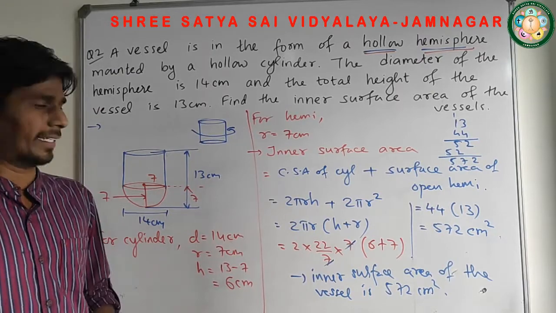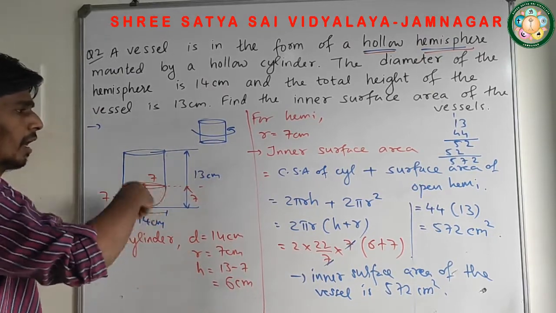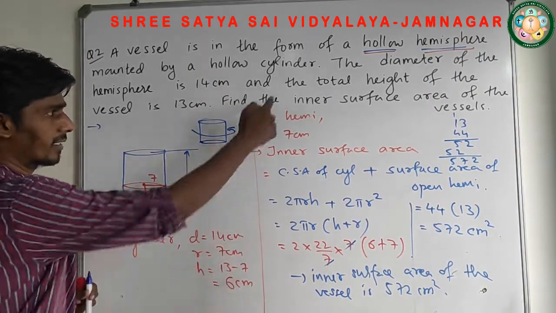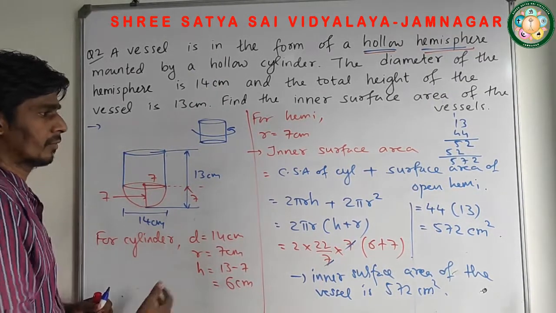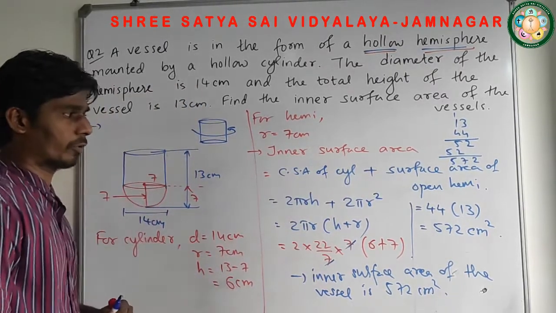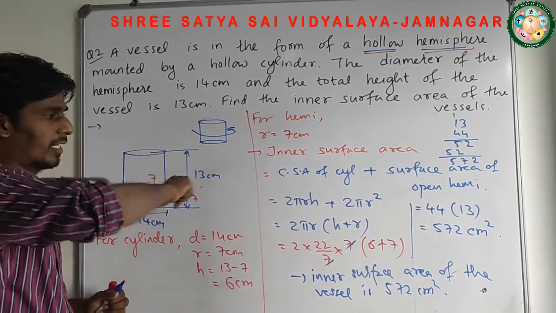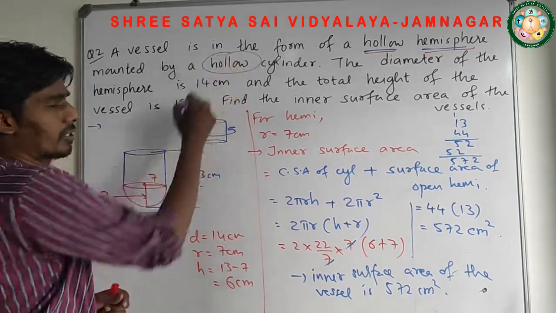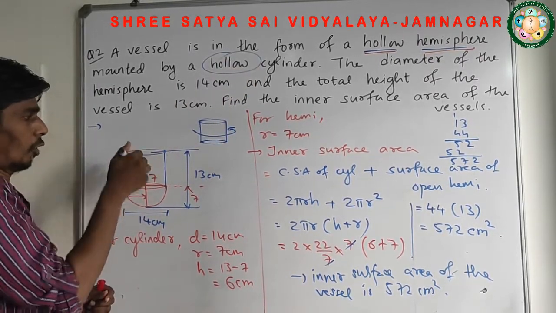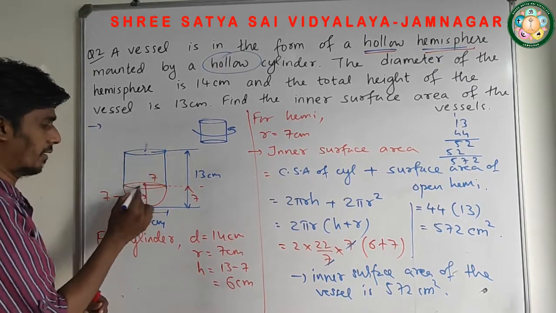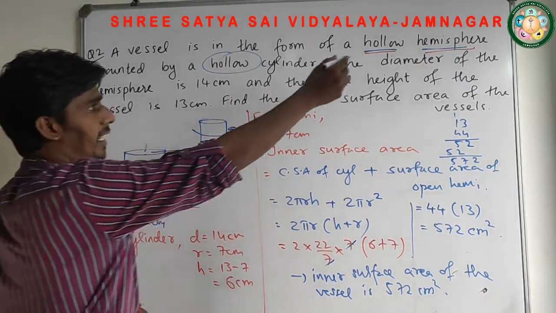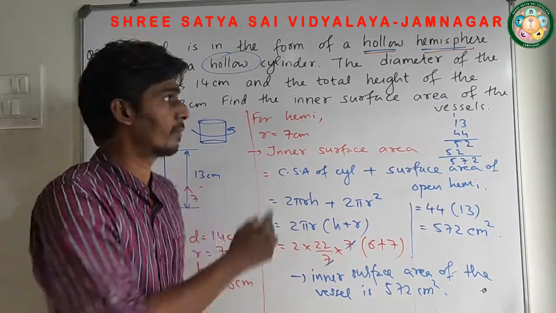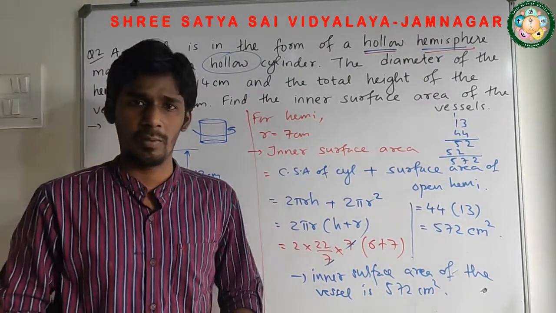The only important part you have to learn or practice is how to draw the diagram from the statement, and from this diagram how to get this data. And once you get the data, you have to understand why I use this formula. It's the curved surface area of cylinder. Why is it curved? Because the cylinder was hollow, so it doesn't have a top portion. The top portion is not there, the bottom is also not there. So it's a hollow cylinder and hollow hemisphere. So I use 2 pi r h and 2 pi r square. So this is the way we can solve question number 2.